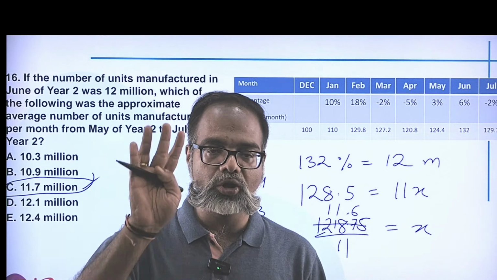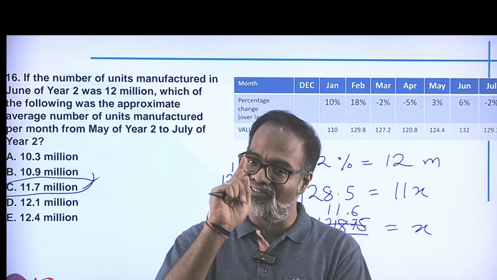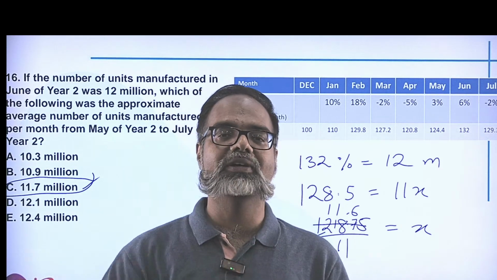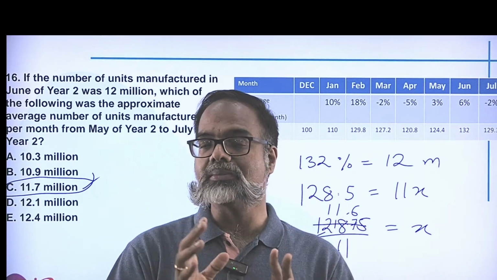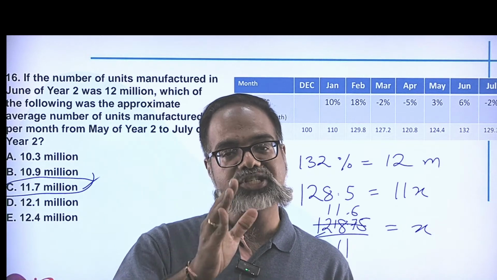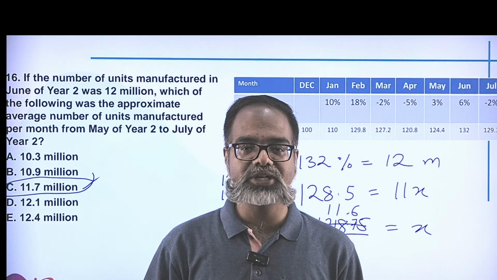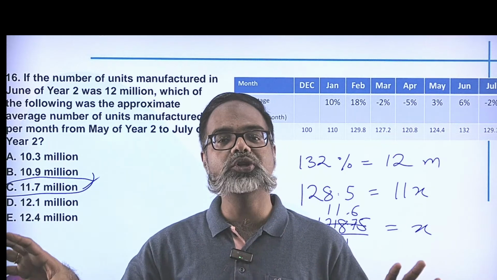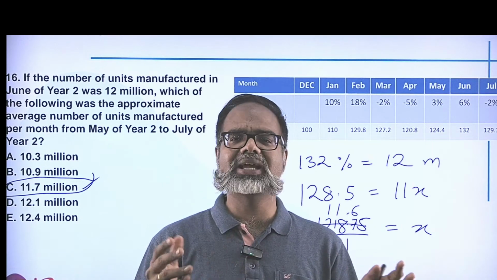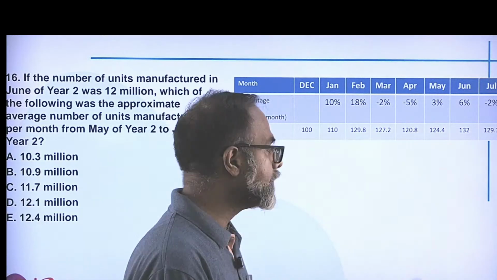So all 4 questions of the data interpretation set based on basic percentages were solvable. However, the tough point was understanding how to interpret that percentage point thing. And trust me, even I was stumped for a little bit. I had to rack my brains, but then remembered the fundas, right? So remember, if you understand the difference between percentage and percentage points, then this is an easy question. And like I did, I calculated the actual values compared to December of the previous year as 100. And then the questions became simple percentage and ratio proportion questions. Excellent. Moving on.